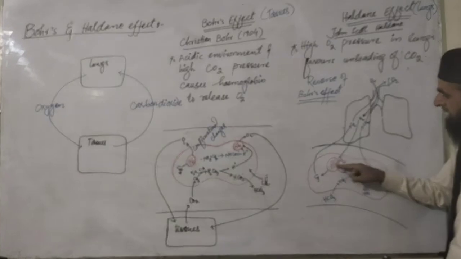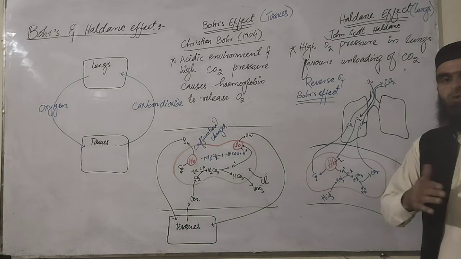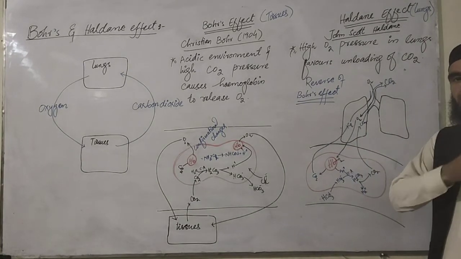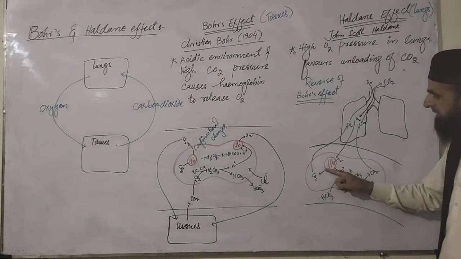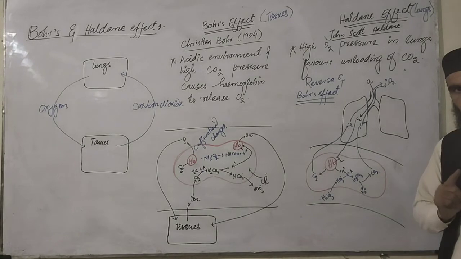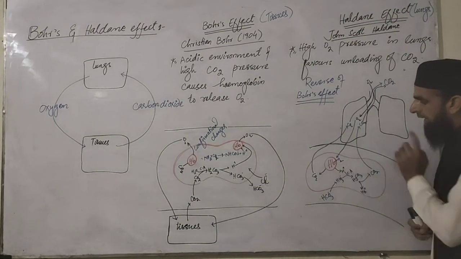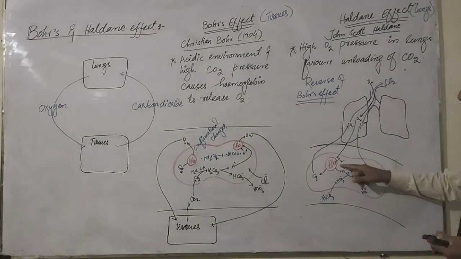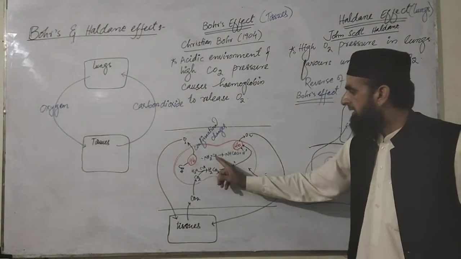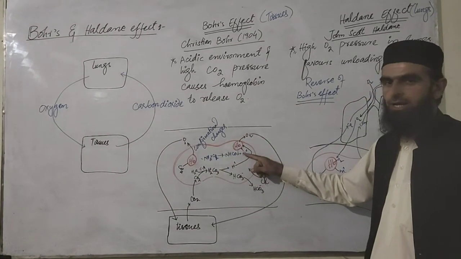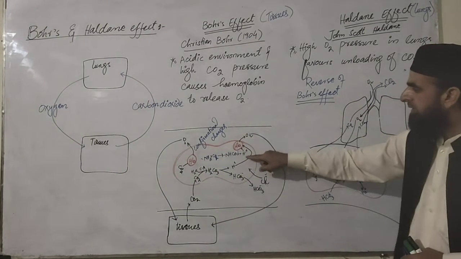When oxygen is attached to the hemoglobin, this causes the hemoglobin again to change conformationally. Conformational changes take place in the hemoglobin, because of which carbon dioxide is removed. Whenever the carbon dioxide is removed, along with that, the hydrogen ion must also be removed. Because when the carbon dioxide was attached here, it released the proton. When this carbon dioxide is released, the proton must be removed from the hemoglobin again.